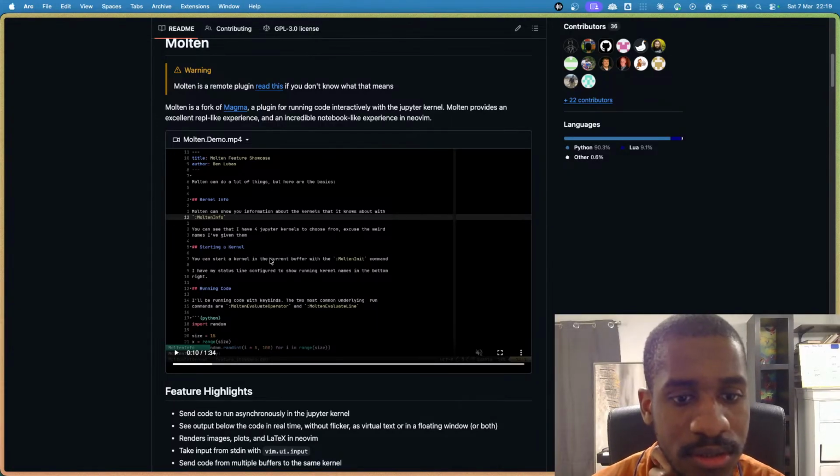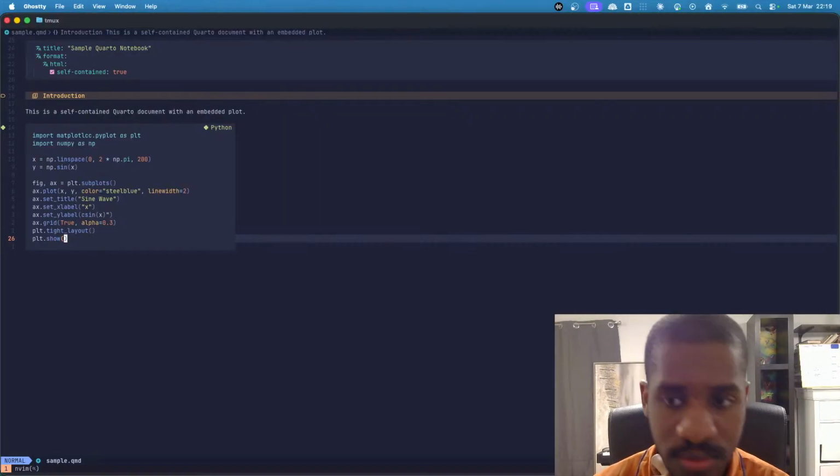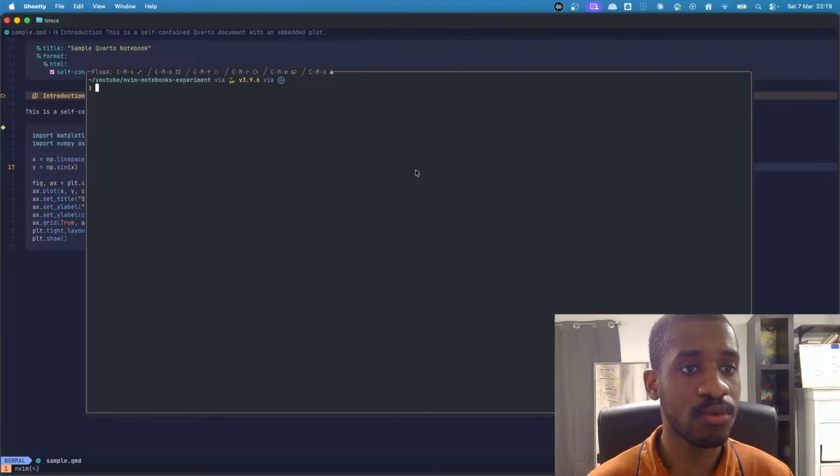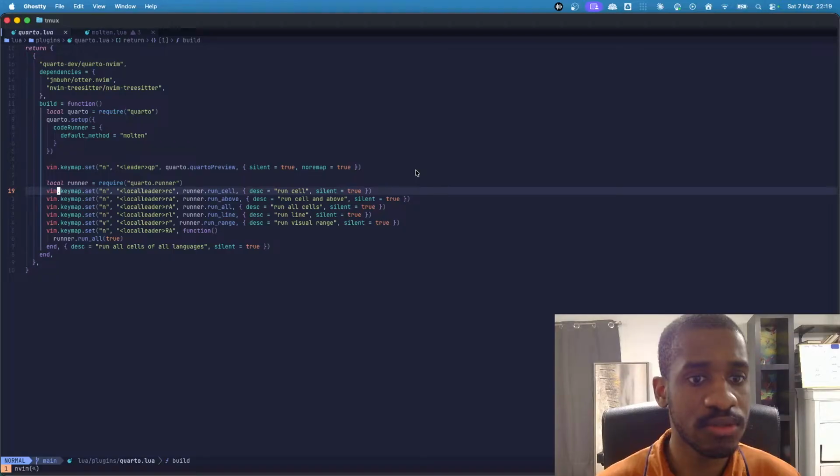You can start a kernel in the current buffer. You can say I have 4 Jupyter kernels to choose from. Excuse the weird names. You can start a kernel in the current buffer with the molten init. I'll be running code with those binds. But do we ever bind? We set those run code commands for Quarto, no? Not for Quarto run cell. Because Quarto has to